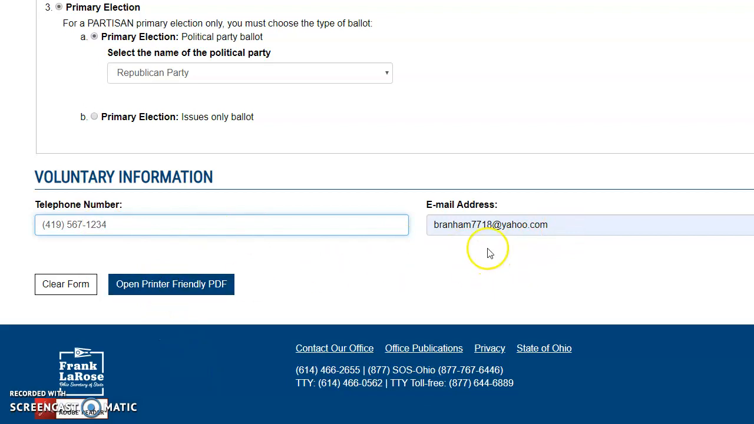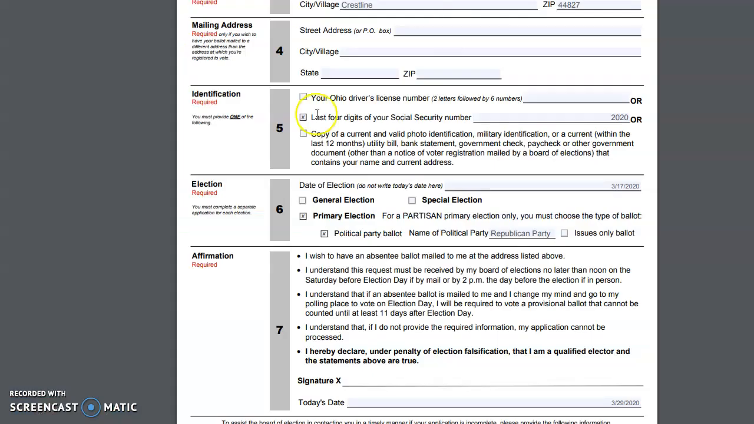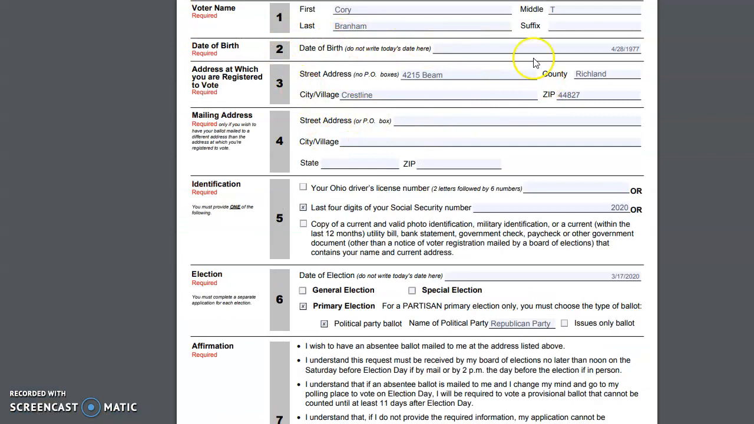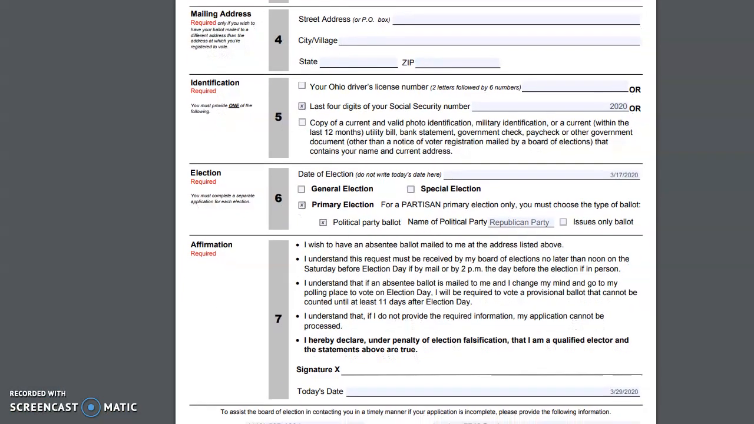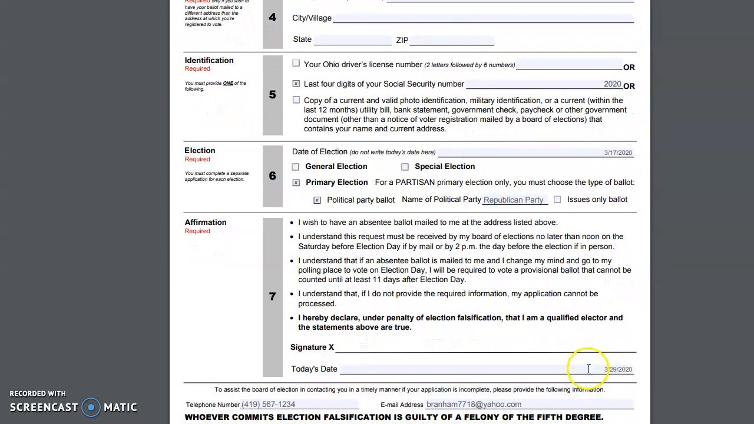You'll click on the printer friendly PDF. It'll take you to this form right here. You'll make sure it's good. If it's good, you'll just sign and date it. If the date's already in there, that's fine too. Print it, sign it, make sure it's dated, get it in an envelope to your county board of elections. Just Google Richland County Board of Elections or Ashland, Medina, Holmes County. Print this out, put it in an envelope, get it in the mail to them, and then in a week